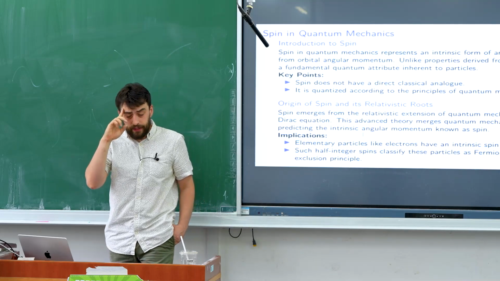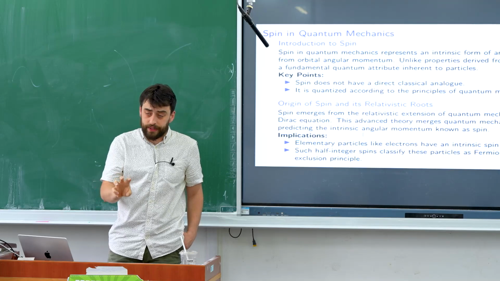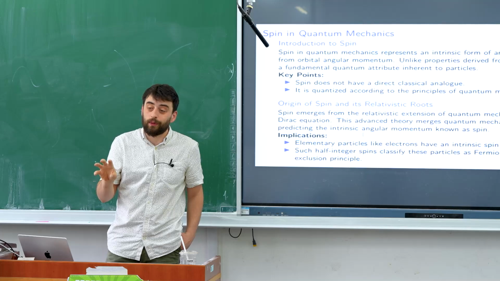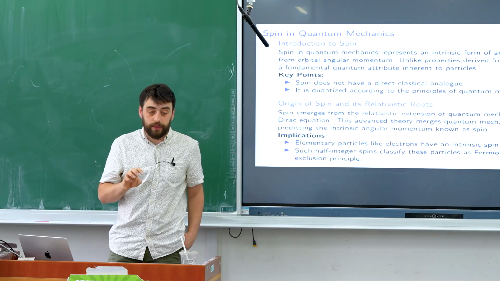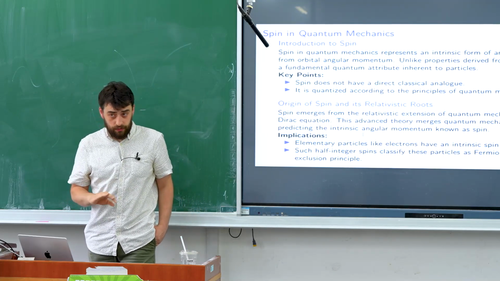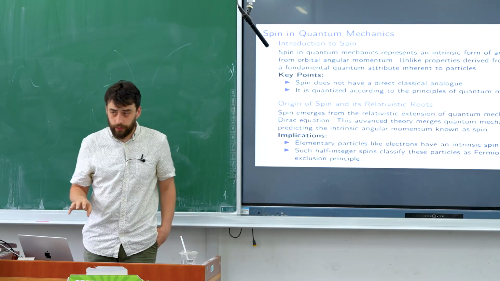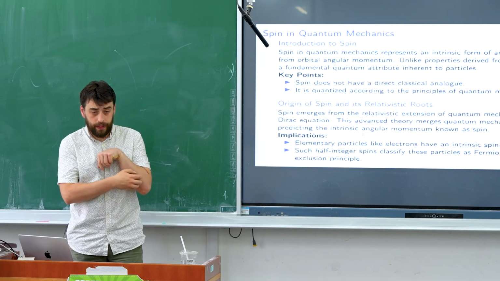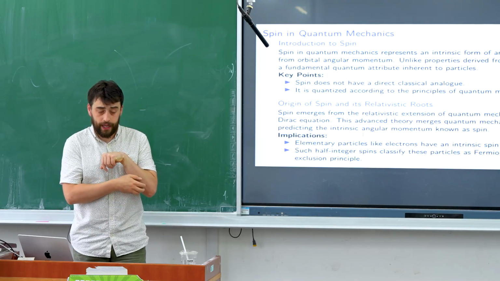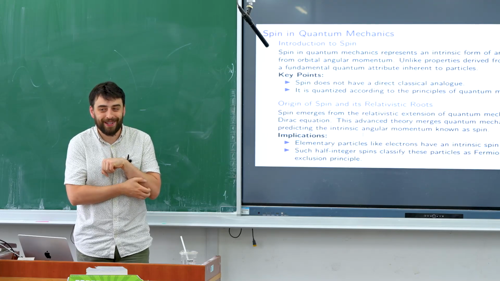It's just the fact that it was noticed originally when quantum mechanics was developed that these things involve angular momentum, but it's only an analogy. Where does spin come from? Spin is a relativistic phenomenon. So we do not get spin from solving the Schrodinger equation. You need to invoke relativistic quantum mechanics in order to derive spin. We're not going to do that today.